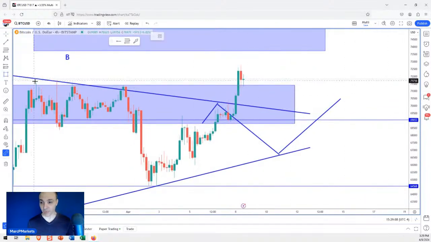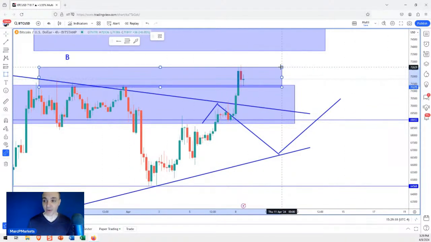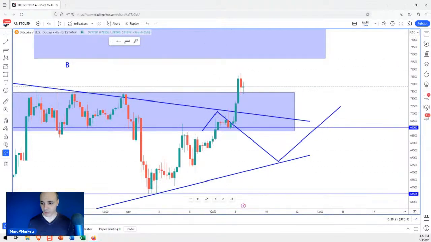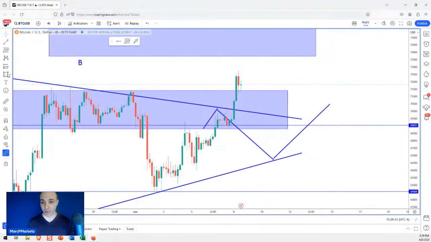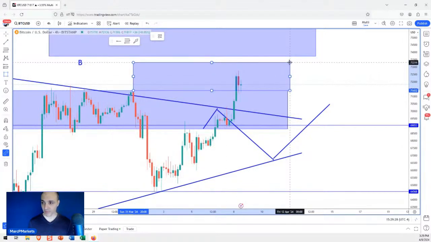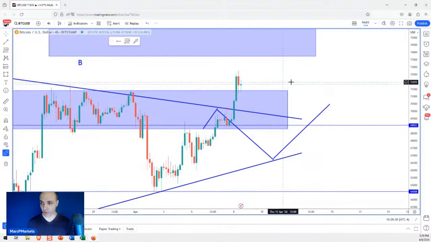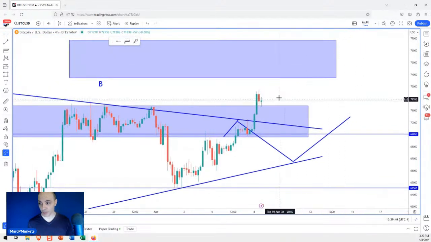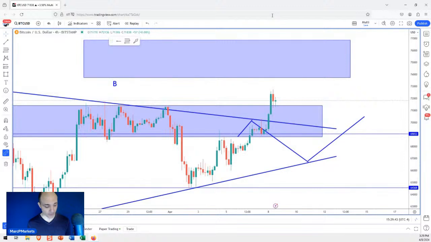Because this area up here is a smaller reversal zone. I don't have it marked on the chart because the chart gets too messy if I draw all of them, so I like to keep the bigger ones on the chart. But if I was looking at this intraday, I would have this zone highlighted here, and it would probably look something like this. If the reversal occurs in there and you're thinking of shorting, that's the place to do it. Now, I mentioned that for only aggressive traders. I'm not a big fan of doing stuff like that, especially in markets that are pretty strong. Does that make sense, you guys?